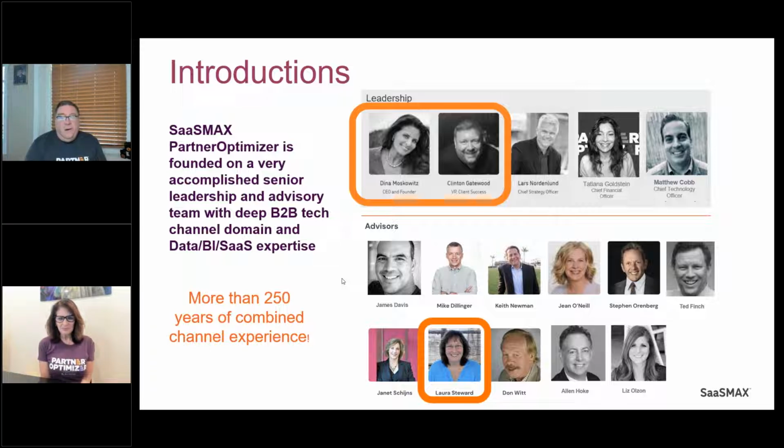So really, like Laura said, be ready to think about your ideal partner profile. How did you build yours, if you have tried to build one already? Or we're really going to teach you how we feel it should be done. We've been evangelizing it out there for 8-9 years. We've been talking about ideal partner profiles, and at the last trade show we went to, everybody started talking about it. So it's very exciting and very useful, as we'll see as we come up.